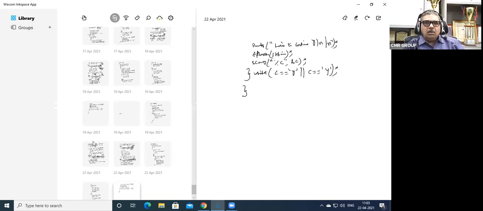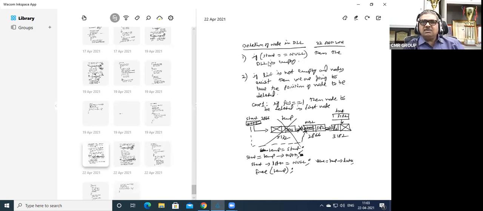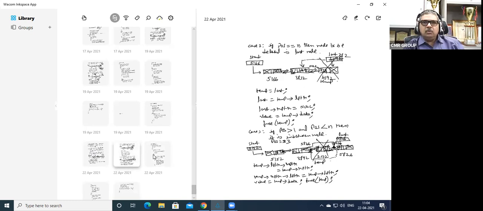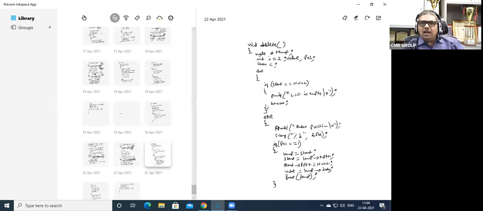So once it comes out from here, it goes out. Now let us take: if start is equal to null, then DLL is empty. Otherwise, the list is not empty, then the nodes exist, and we are going to take the position of the node to be deleted. So what did we do? If start is equal to null, printf list is empty, break. For the else part, the list is not empty, so we are going to take the position.